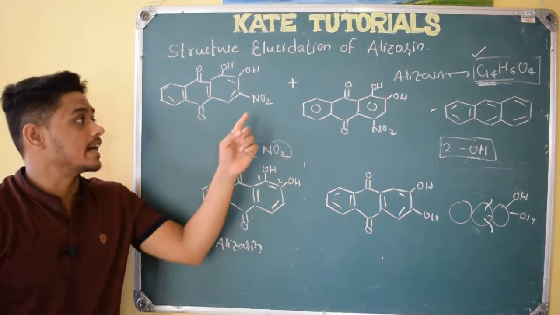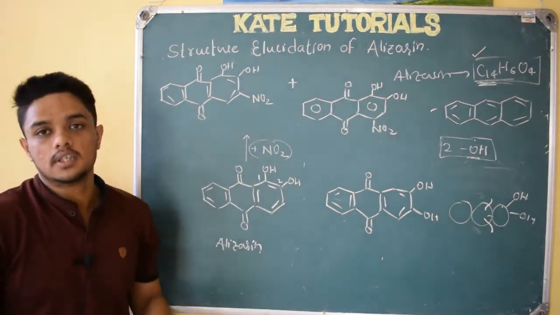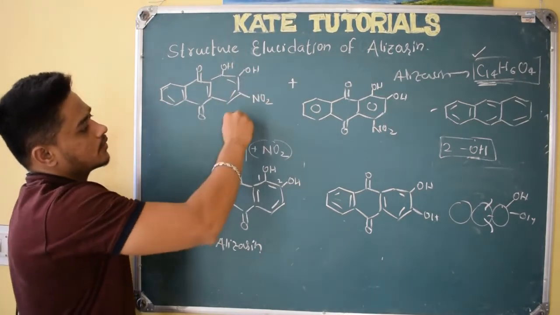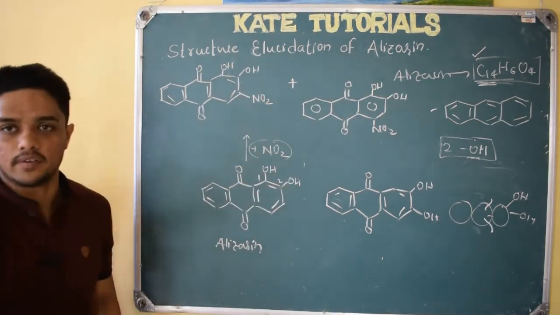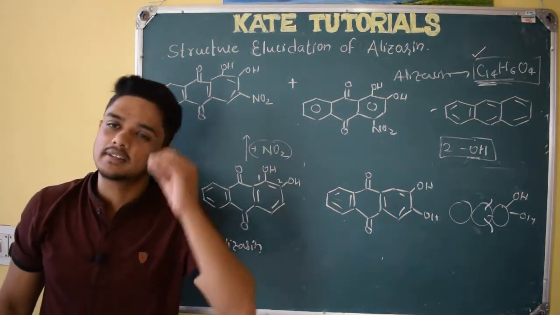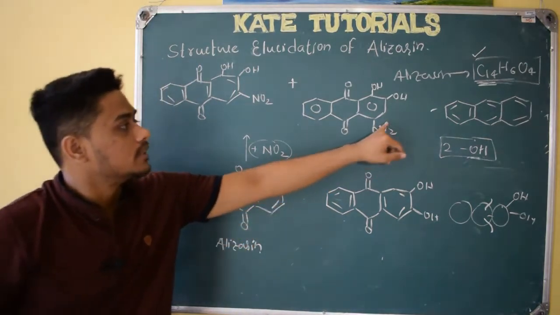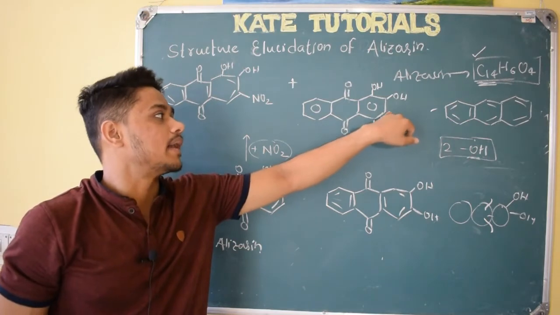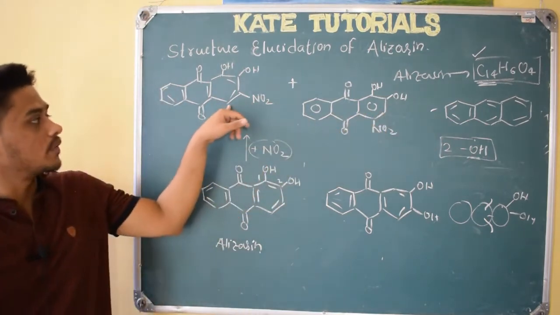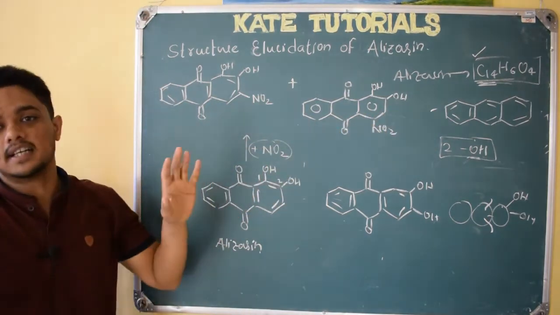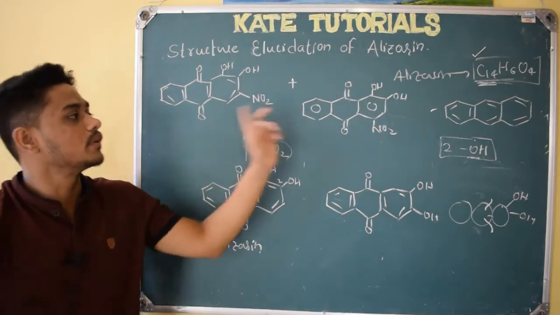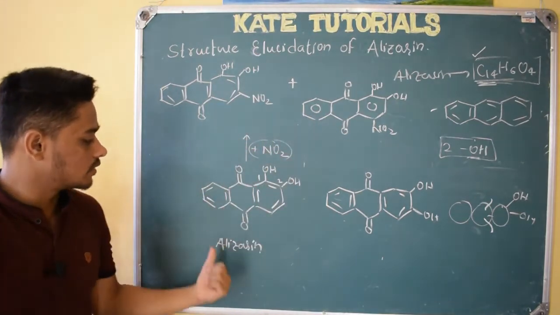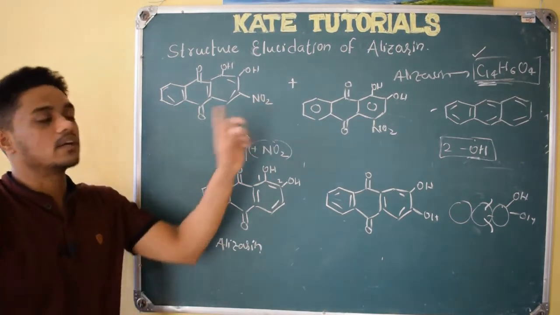To this they did nitration and they got two products. This can be analyzed from melting point. Its melting point will be different from the other. If they had a spectroscopic technique, then they can easily distinguish, because this proton will be highly de-shielded because of steric hindrance, whereas this proton, compared to that, will be shielded. So we can distinguish between the two products. So we can conclude that if we do nitration for this compound, we get two products.